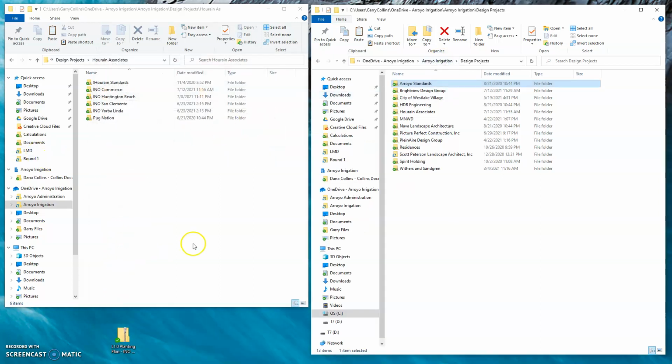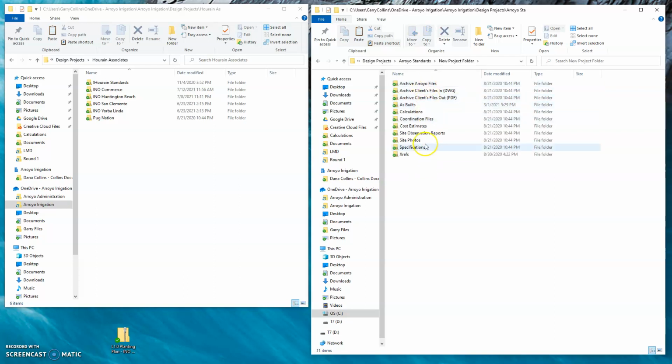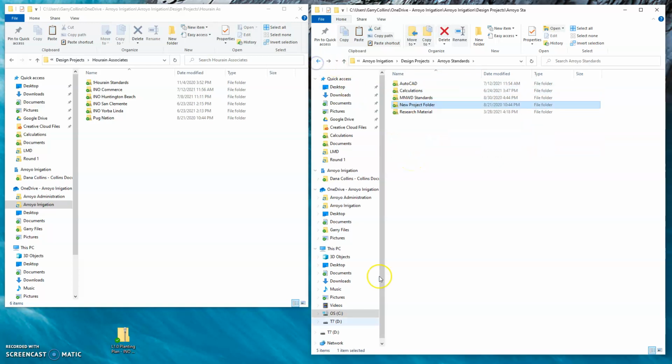When we're starting a new project, the best way to start is going to Arroyo and then the design projects. When you go into the Arroyo standards, you'll see a new project folder. The new project folder is just a template of all the files. Sometimes on these smaller ones,